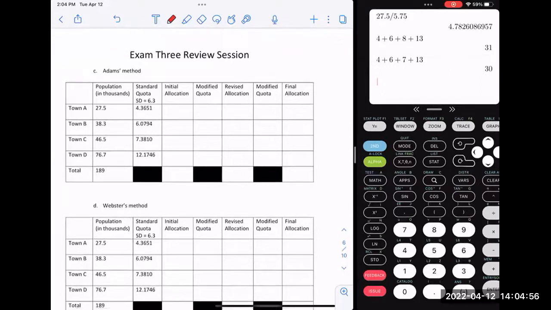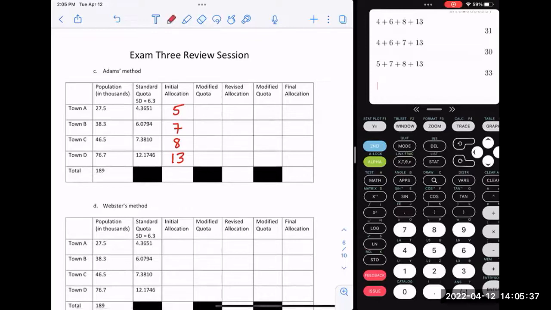All right, so I've got the same total, the same standard divisor, the same standard quotas. My initial allocation, though, I'm going to round up. So that means this standard quota here of 4.3651, if I round that up to use the upper quota, that would be 5. For the 6.0794, if I round that up, would be 7. The next one would be 8. And the next one would be 13. So I'm just using upper quotas instead of lower. If that adds to 30, I'm done. Yeah, it doesn't work. So since this adds to 33